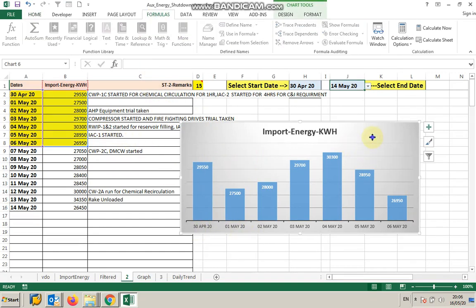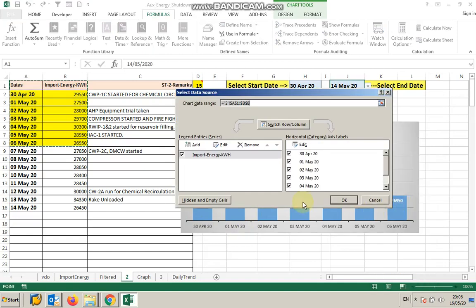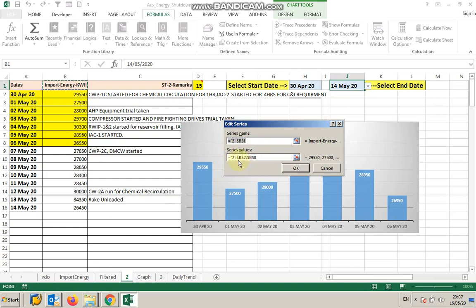If I go to Select Data, and in this input energy I go for editing, it is B2 to B8. That means it is working only up to this data.